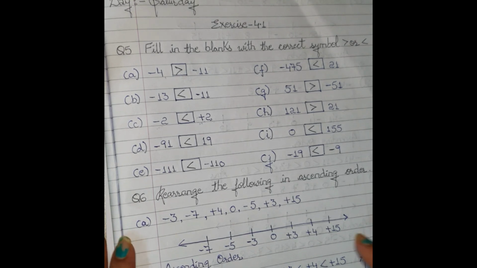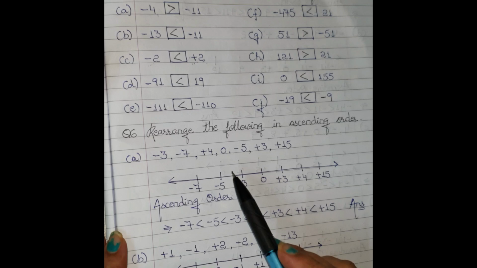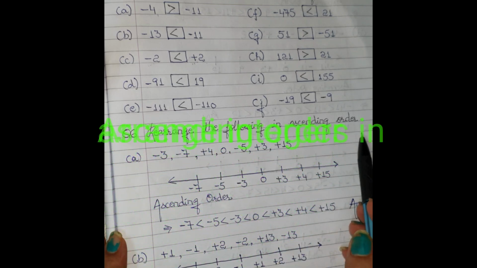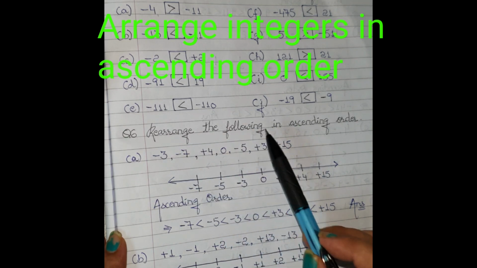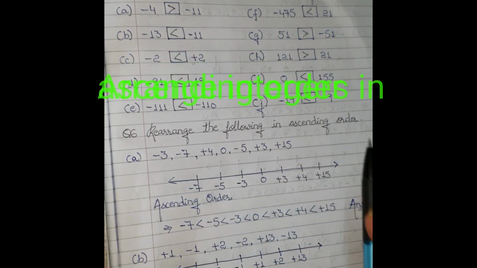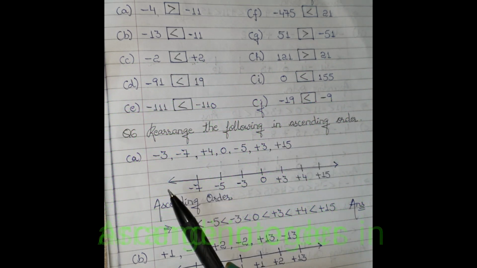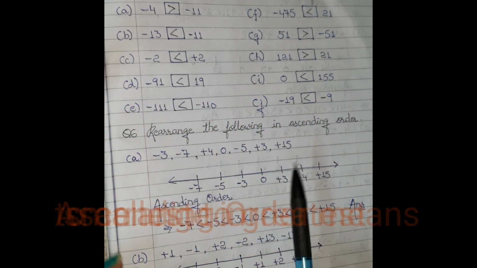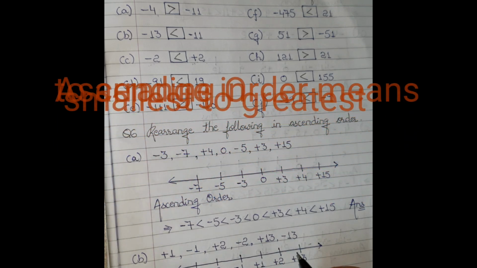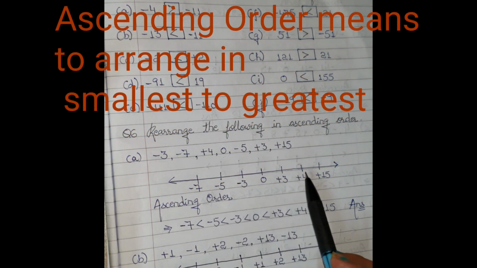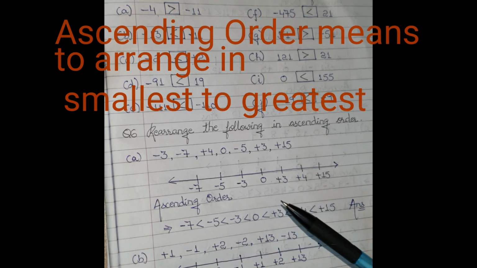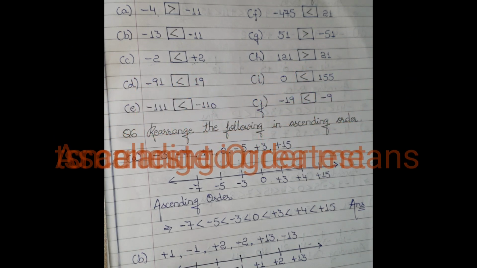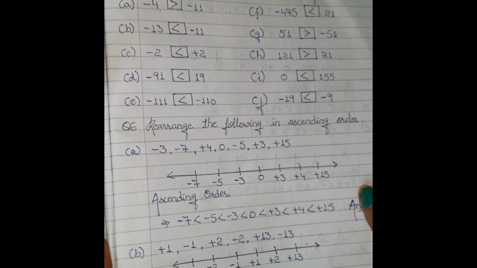Now let's move on to the next question. It is rearrange the following in ascending order. We have to rearrange the given series in ascending order. Now to do this question is very much simple when you will follow the number line method. Otherwise while arranging you will get stuck somewhere. So better you firstly draw the number line, arrange all the given number on the number line, and then it will be very simple for you to arrange the numbers in ascending order. See how. Let's discuss this.